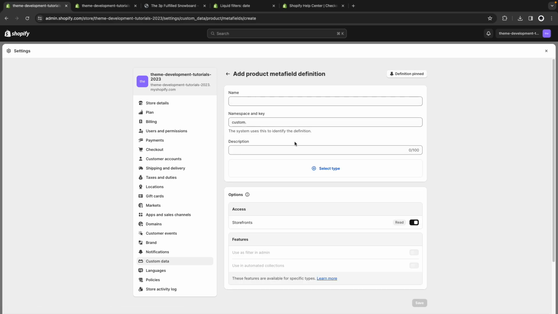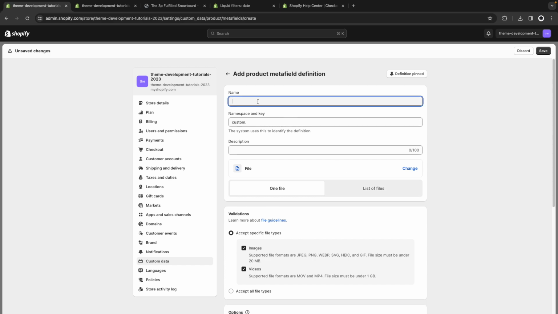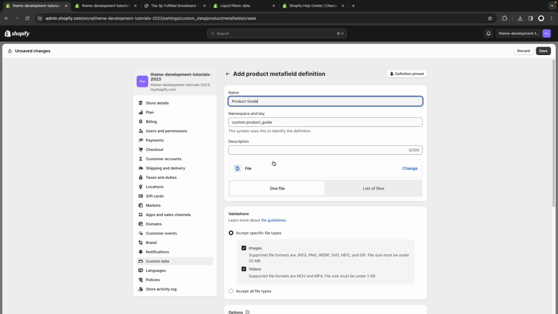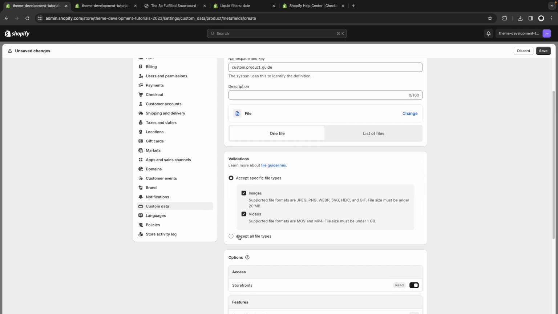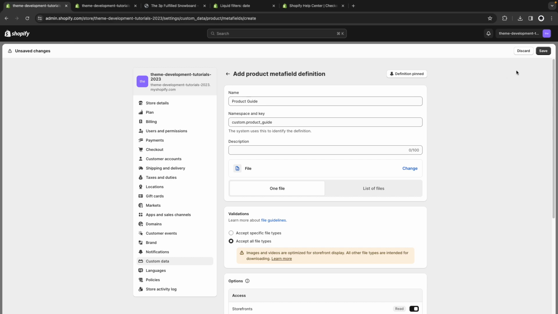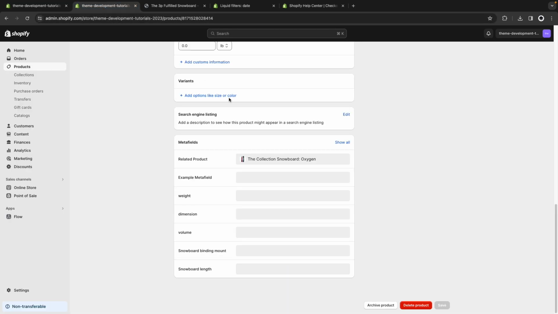Continuing with the different types of metafields, let's go to the next one, which is file over here. Let's create product guide, for example. Here, let's say that we will accept all types of files. Note this over here, that images and videos are optimized for storefront display, but all other types of files are intended for downloading. So I'm going to click on save over here, and then I'm going to go to my product. I'm going to refresh,